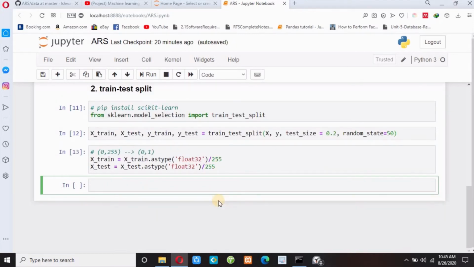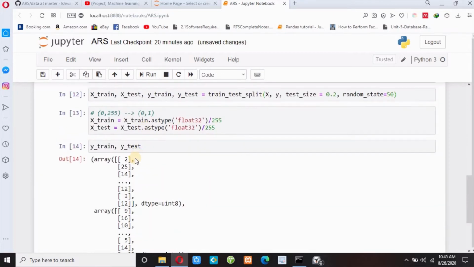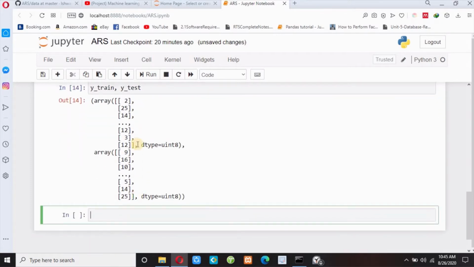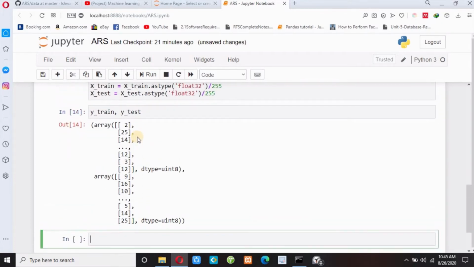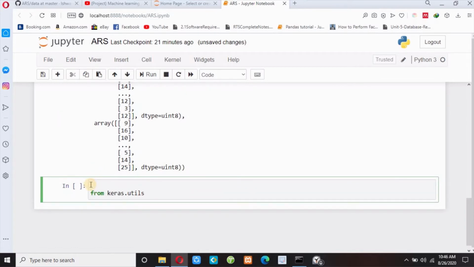Now guys, let me print y_train and y_test. Okay. Now guys, we have some integer values in y_train and y_test. Now we need to convert these integer values into a binary class matrix, means one hot vector. Let me first write the code. First of all, we need to import from keras.utils. And guys, to install keras, you can install TensorFlow.